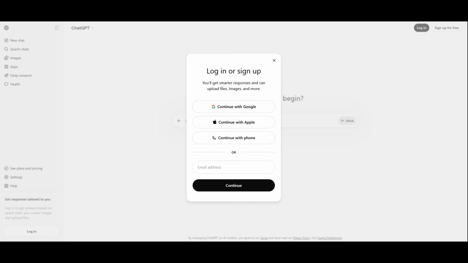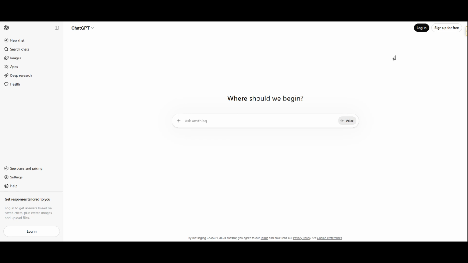If you're seeing the error message, "The email you provided is not supported in ChatGPT," don't worry. In this video, I'll show you the fastest ways to fix it step by step. This issue usually happens when the email you're trying to use isn't accepted by OpenAI, or when browser data is causing a sign-in problem. The good news is that in most cases, you can fix it in just a few